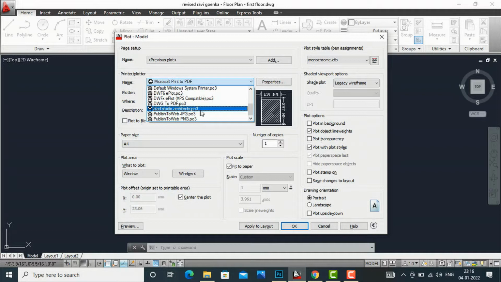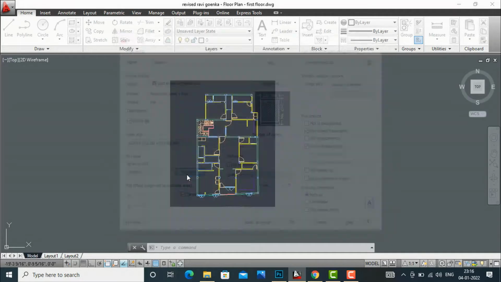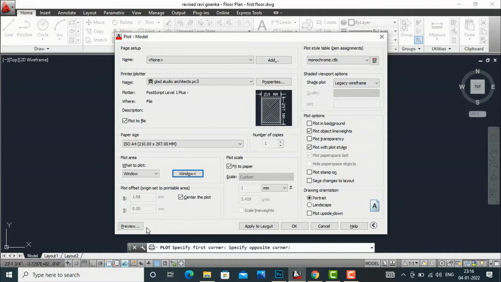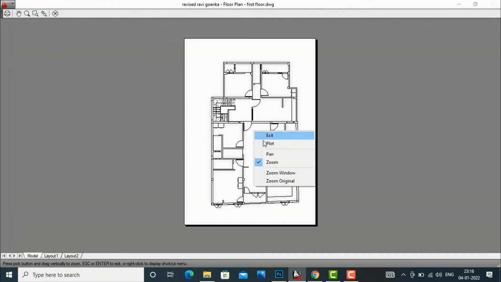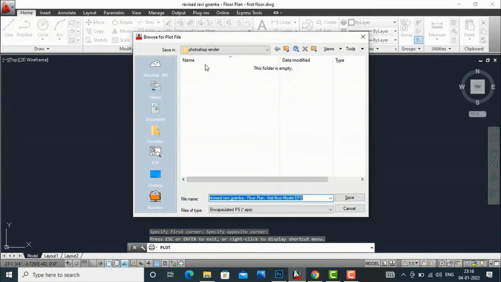So I am going to select this, and now I will select this box, plot to file, and I will keep it at A4 size. And now I will go to this window, and I will take a print, and I will preview this. It's okay. I will right click and click plot, and now I am saving it in Photoshop Render revised floor